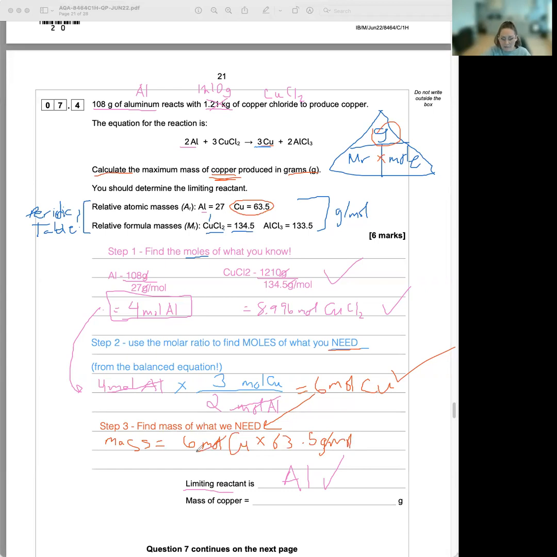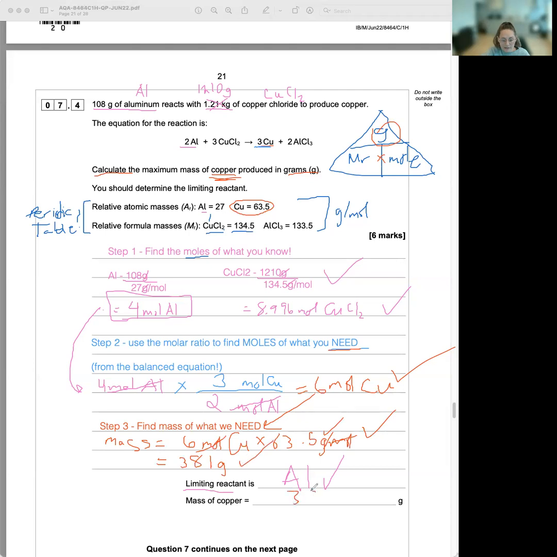Moles will cancel out, leaving me with grams. That's exactly what I wanted. What is 6 times 63.5? It is 381. What is my unit? Well, they've given it to me, but I just want to double check. The only thing I haven't crossed out is grams. And there you go. There is 1, 2, 3, 4 marks, 5 marks for this equation, 6 marks for the